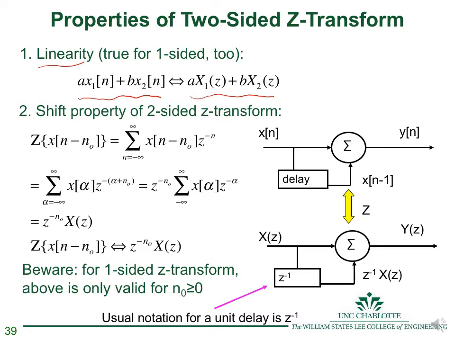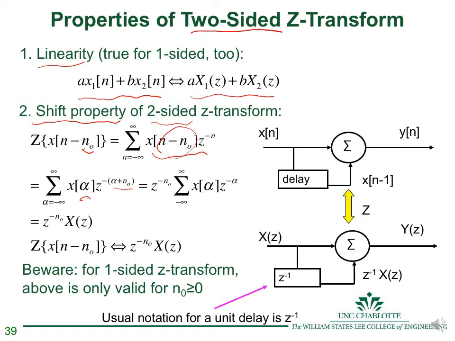Shift property, another important property. Here again, we're doing two-sided Z transforms. And so the Z transform of a sequence shifted by n0, just plug it into the definition of the Z transform. Here we'll just use change of variable, so we replace n minus n0 by alpha. And so now the exponent becomes alpha plus n0. I can split that exponent, bring the z to the minus n0 out front,